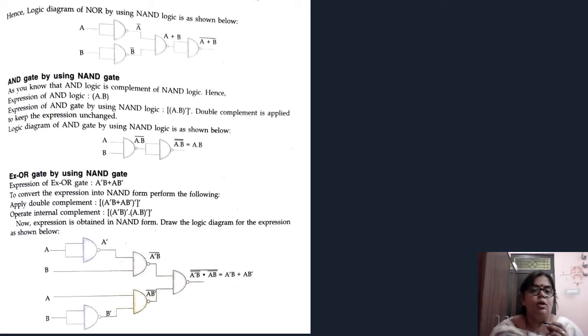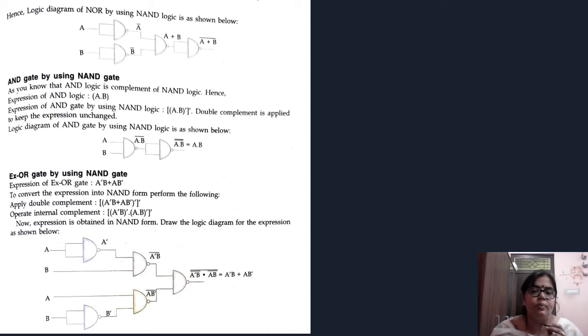Now the logic diagram of AND gate using NAND gate is shown here. See how it has been made: A, B, NAND gate, then we get (A dot B) complement. Again we have made a NAND gate, (A dot B) double complement, and we get A dot B. So this was AND by using NAND gate.